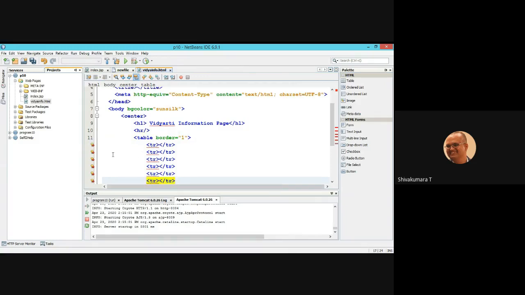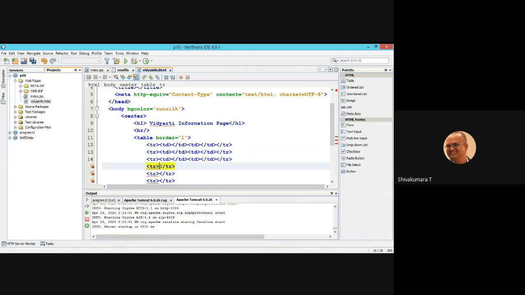There are 5 rows required. Each row will have 2 columns, table data. The 2 column representation is TD.